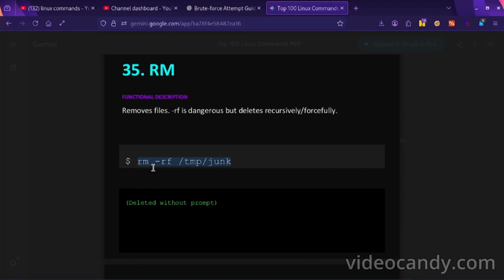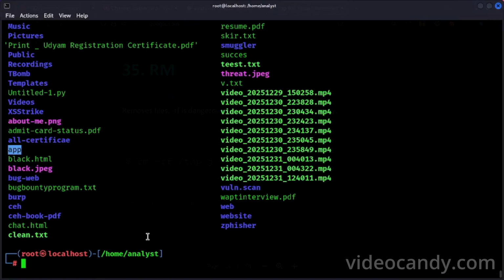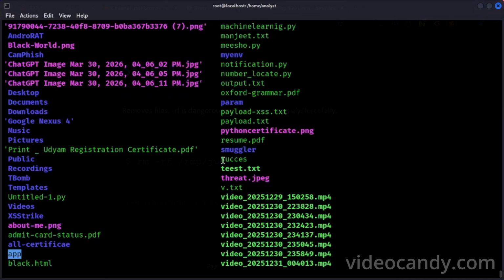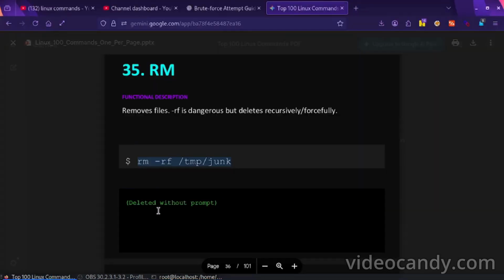If you want a practical example, I will show you: skir.txt, rm -rf skir.txt, and boom, it's vanished. It has no trash bin, so you should choose carefully which file to delete and which not.